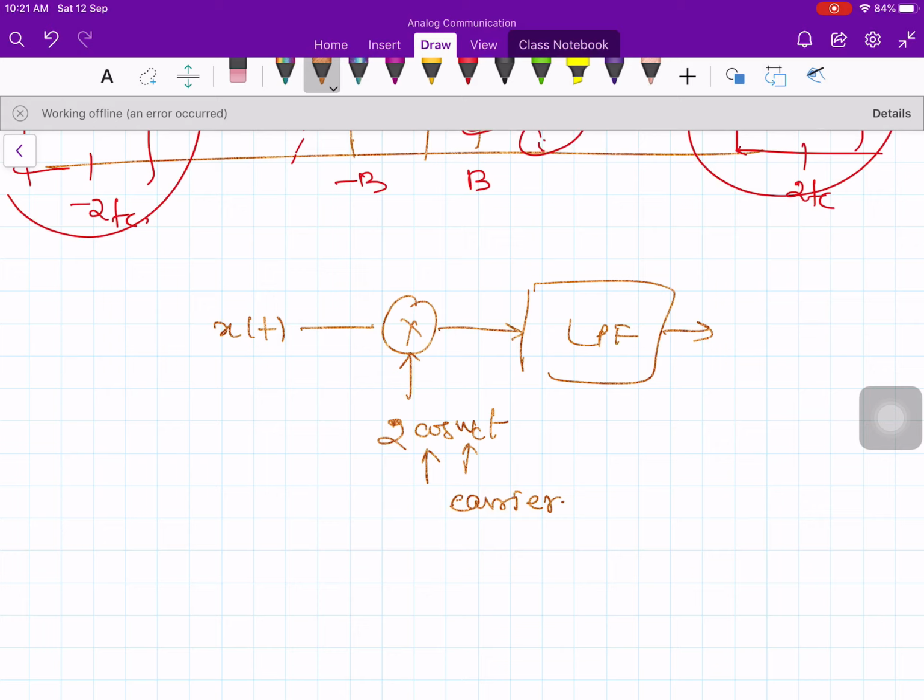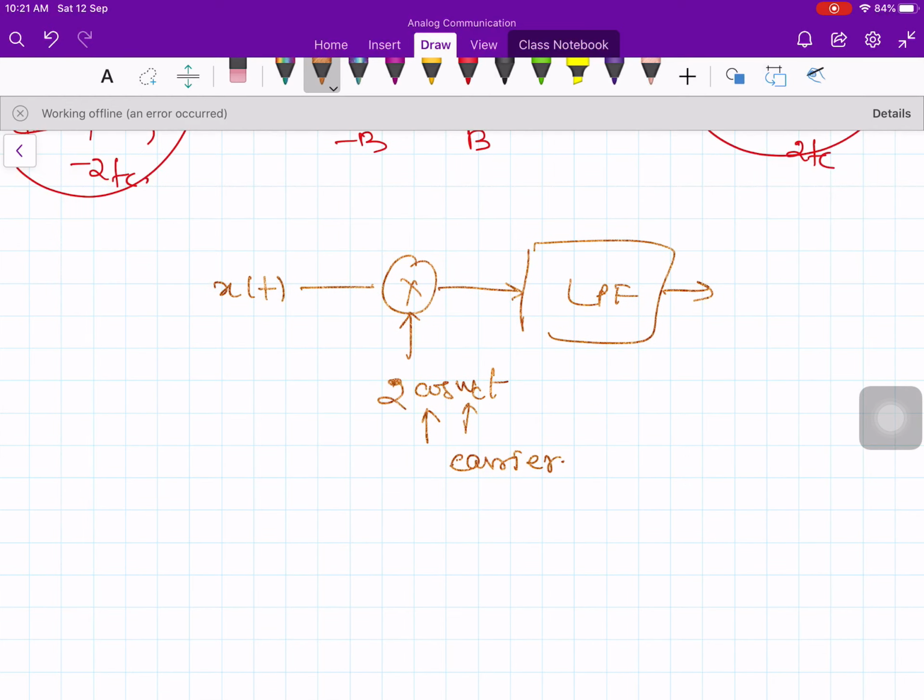It does not appear to be a very big deal, but you must remember that there is a requirement here. This local carrier, 2 times cosine omega ct, must be precisely the same frequency as the one that we have used at the transmitter. If that is not exactly equal, then there will be some problem. We will see what that problem is. You should have precisely the same phase as the incoming carrier signal, and the frequency must be precisely the same